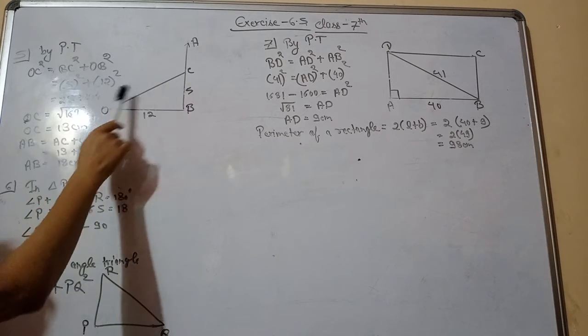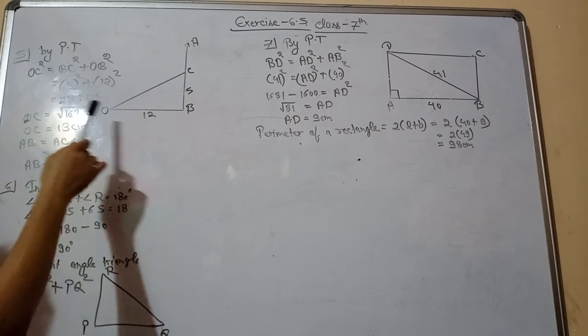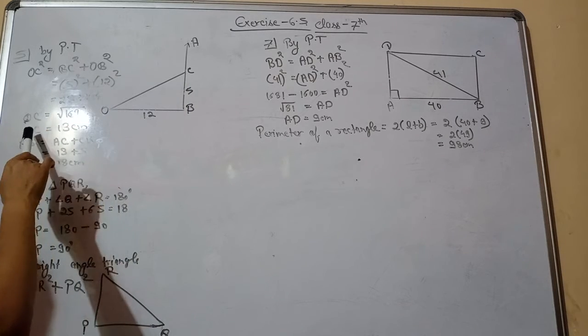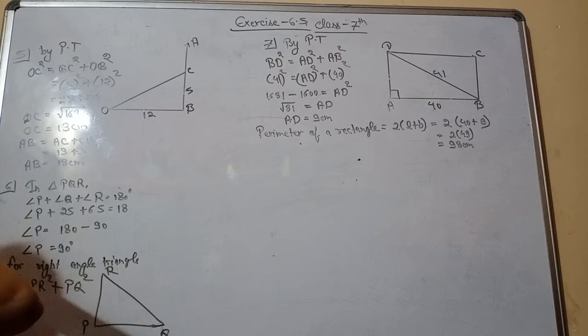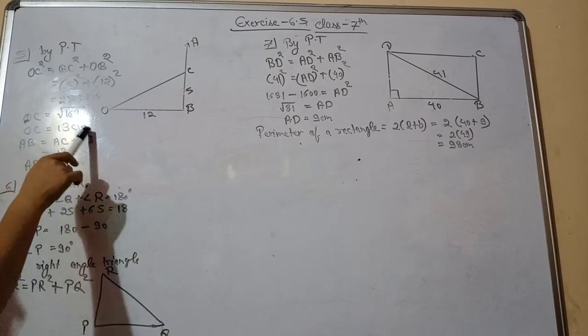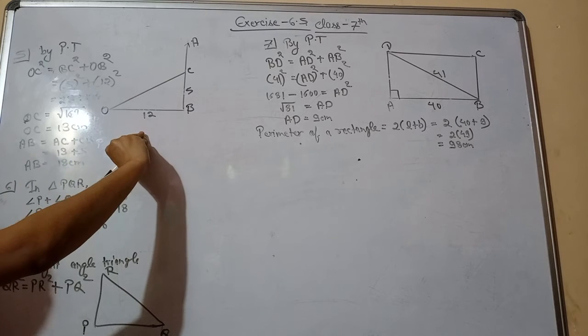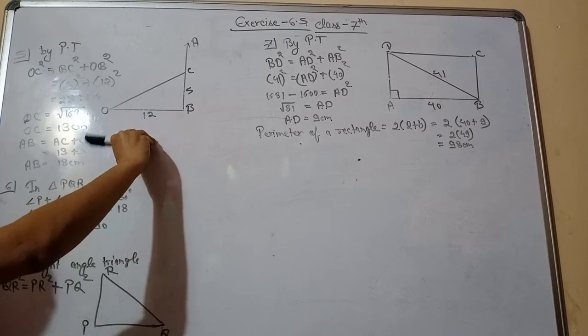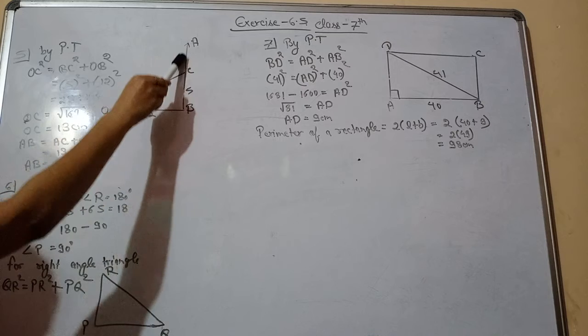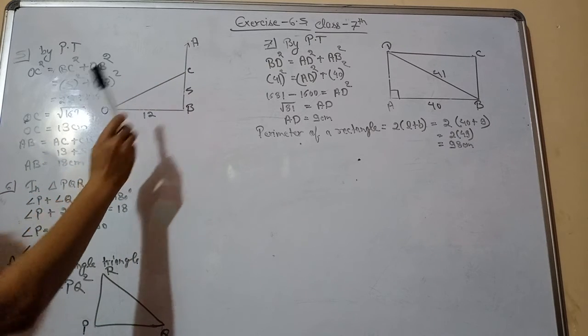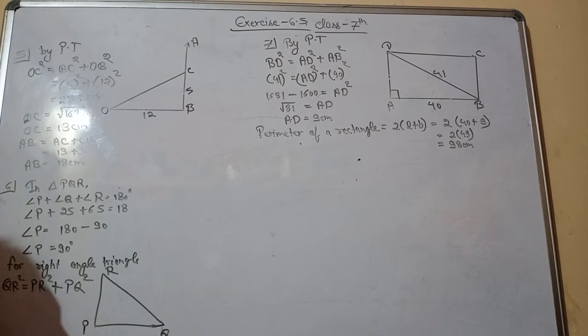See, this looks like a right angle triangle. So again we will apply Pythagoras theorem and then we will get to know the value of OC. So what is the value of OC? That is 13 centimeter. But this is the broken part. If we simply straighten the broken part, it will be like this. The broken part is 13 centimeter and the remaining part is 5 centimeter. So the total length of the tree is 13 plus 5, that is 18 centimeter.